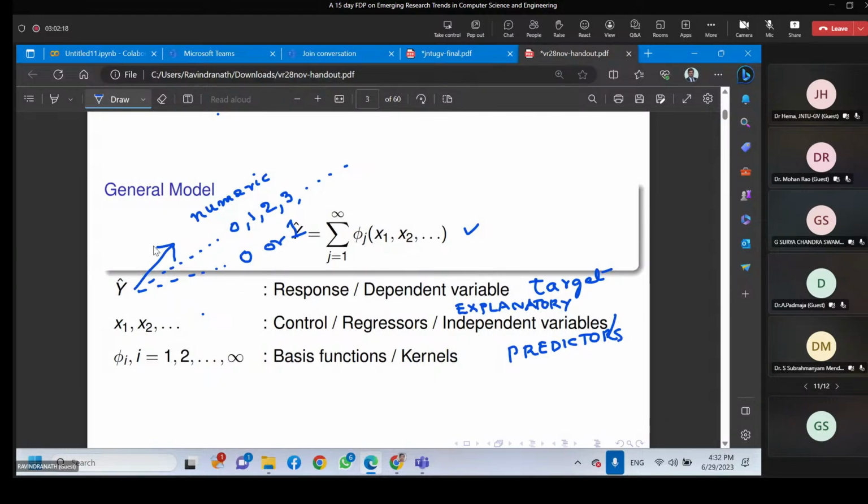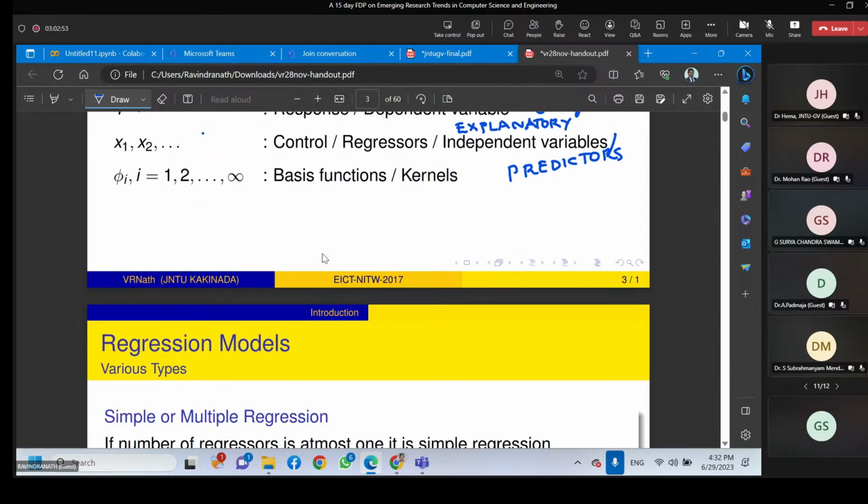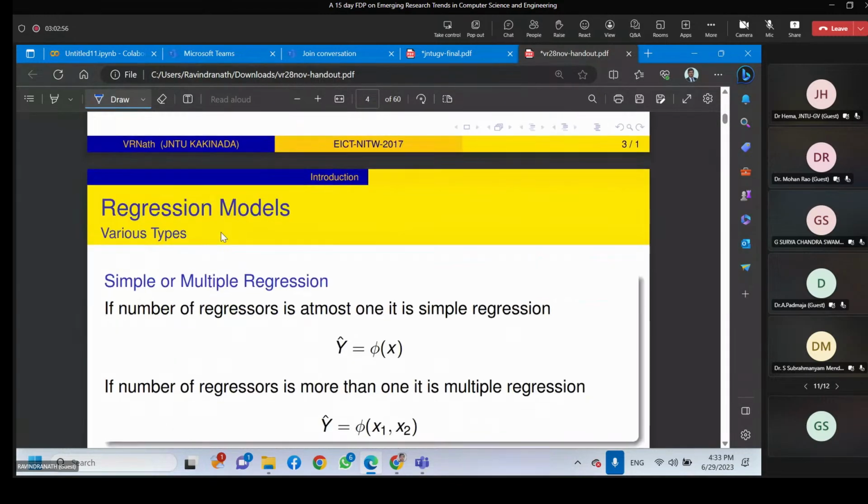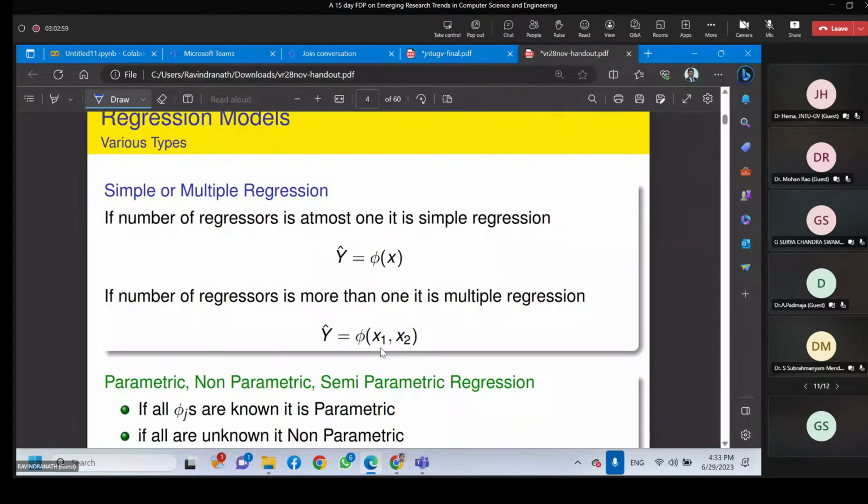Depending upon this way, we'll be using various regressions. So one regression is logistic regression, this is linear regression, or this is Poisson regression, or like that. So we start with linear regression. In linear regression, what happens? All the fits are only some polynomials, x, x square, or like that. So therefore,